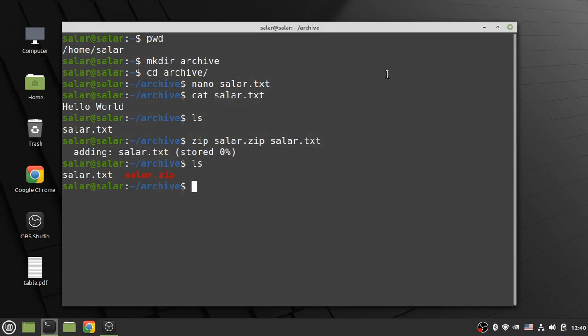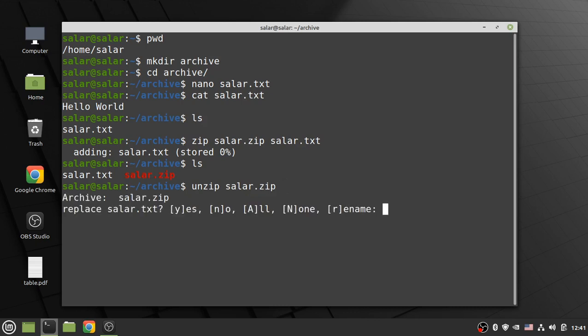after that, how can I extract my file or files from a zip file and zip archive? Like the zip command, this is easy. The command is unzip, and the name of the zip file. Okay, and if I press enter, it gives me a message. Sorry, because